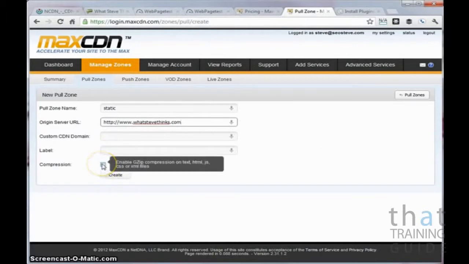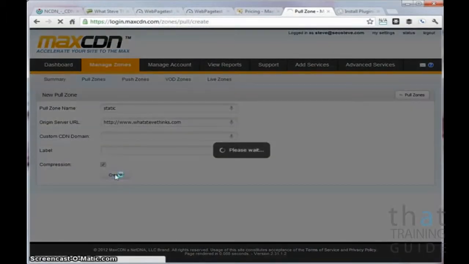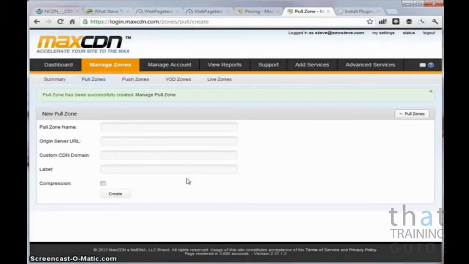And then the compression text box allows you to enable compression if your web server enables that. So your web server may or may not allow that. You can experiment with it. I believe you can check it now, and if it breaks your website, you can go back and turn it back off later. So now we're going to hit create, and after a few moments, MaxCDN provisions some servers and creates a pull zone. So now we can go into Manage Pull Zone,